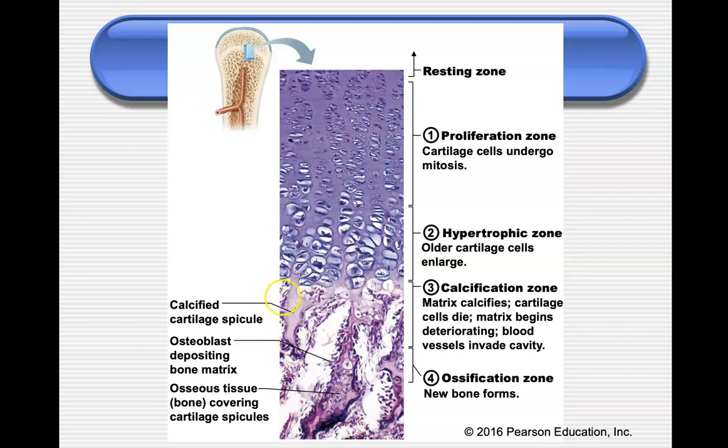That are tied to the roof of a cave. They look like they're coming down in towards the diaphysis, right? And so what ends up happening is, these calcified spicules here actually end up